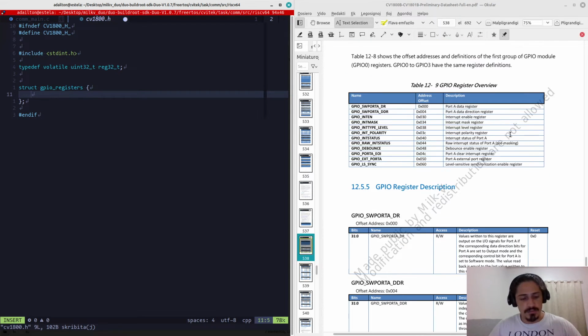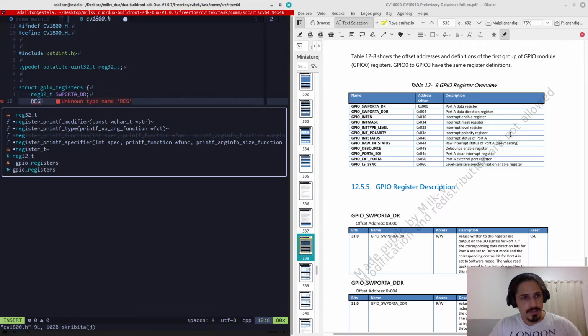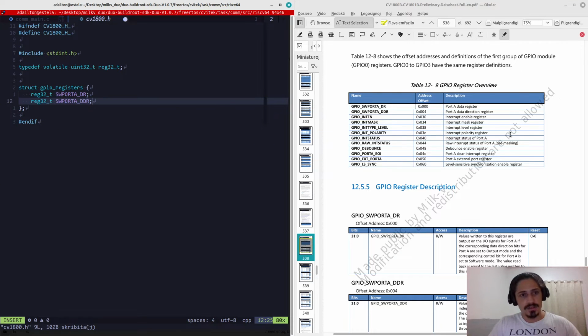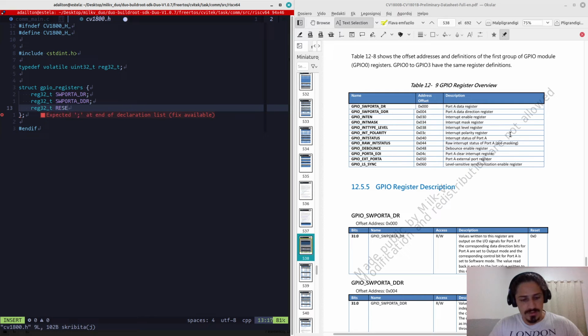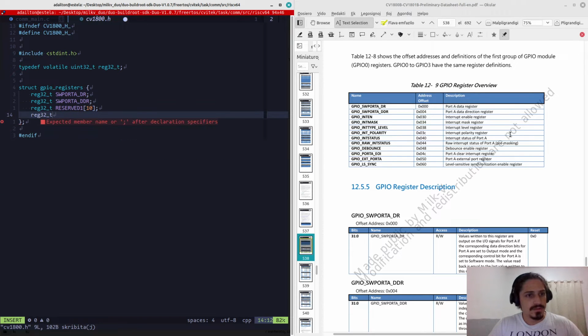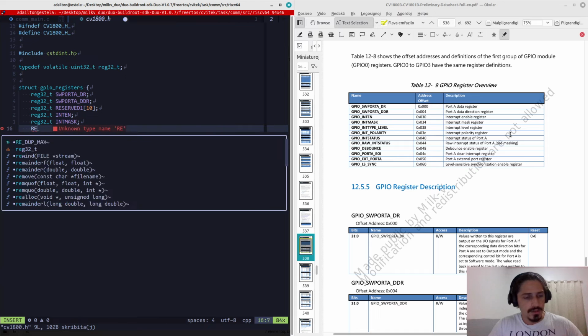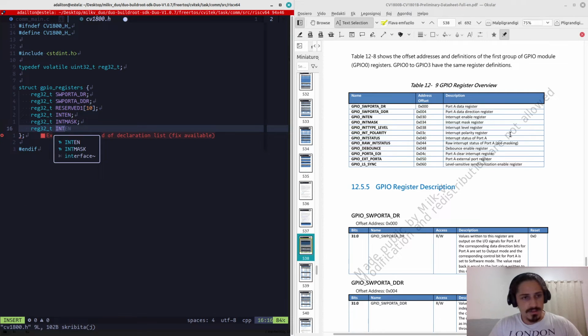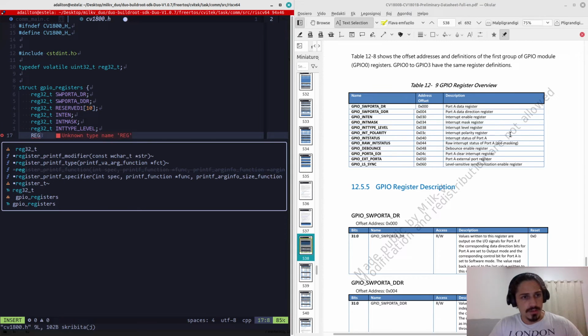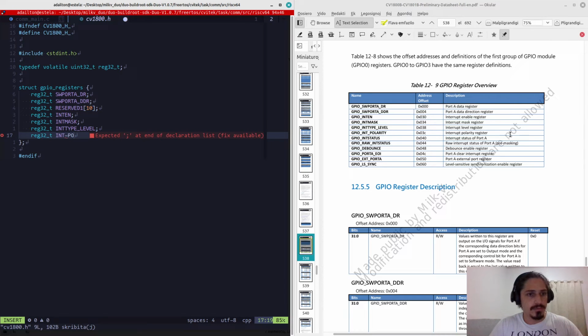It's simple what we are going to do: reg32_t, and then we will define each register. So we can do SW port A DR, reg32 SW port A DDR. Here we have a reserved area, so reg32 reserved one with 10 fields. Let's continue: reg32 int enable, reg32 int mask, reg32 int type level, reg32 int polarity,